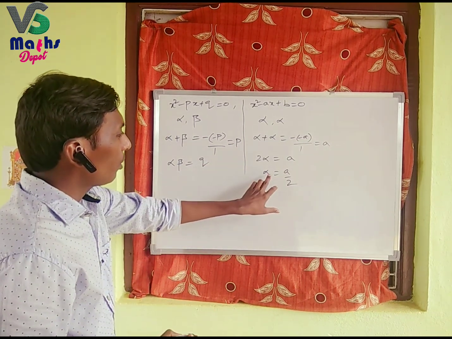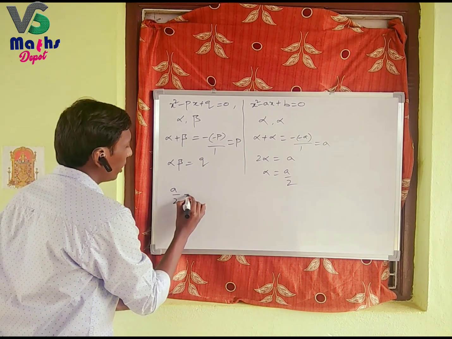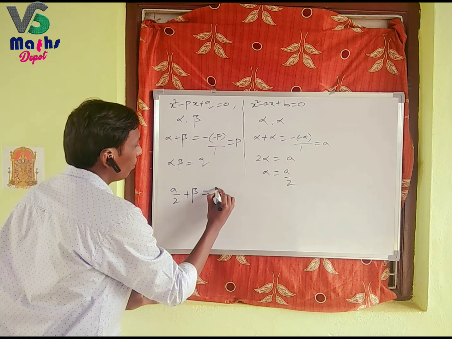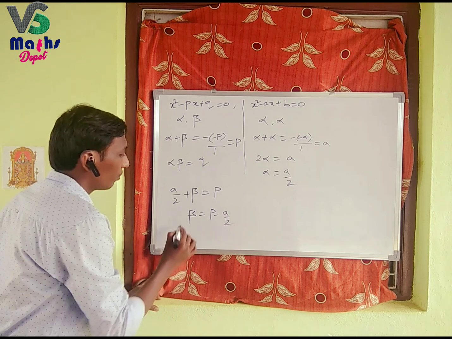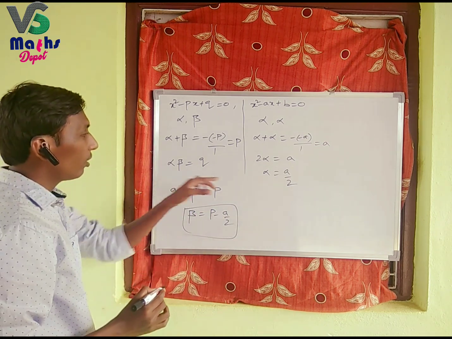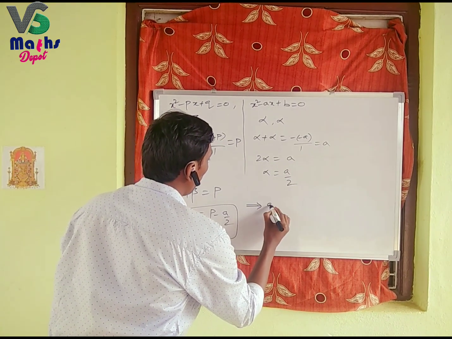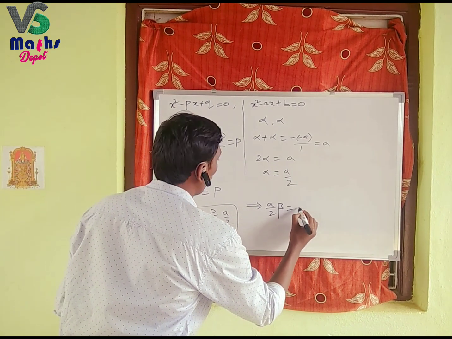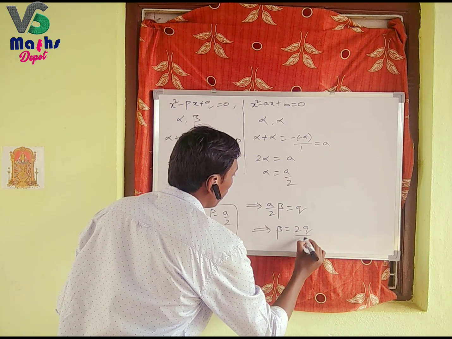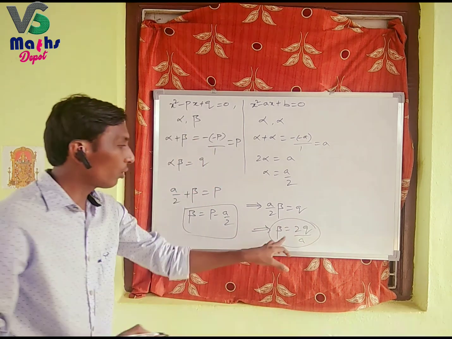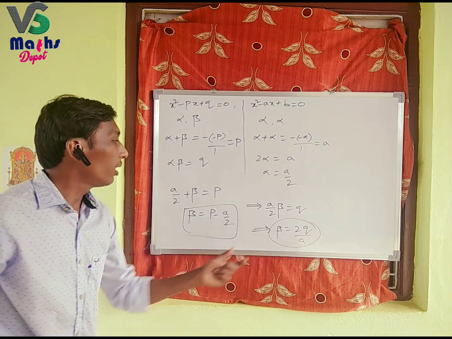Now substitute this alpha value in these two equations. Then we get a by 2 plus beta is equal to p. Beta is equal to p minus a by 2. This is one condition. Next, substitute this alpha value in this equation, then we get a by 2 into beta is equal to q, which implies beta is equal to 2q by a. This is the value of beta, this is also the value of beta. These two are equal. Therefore,